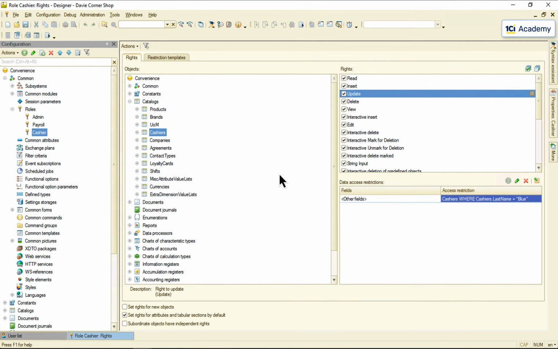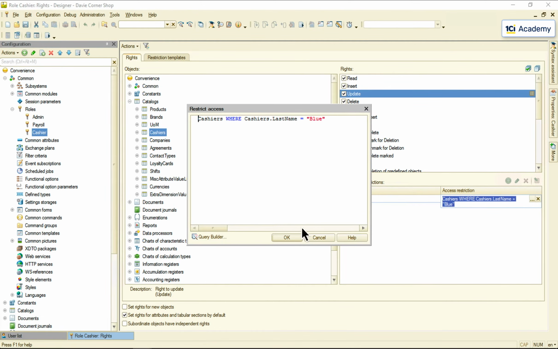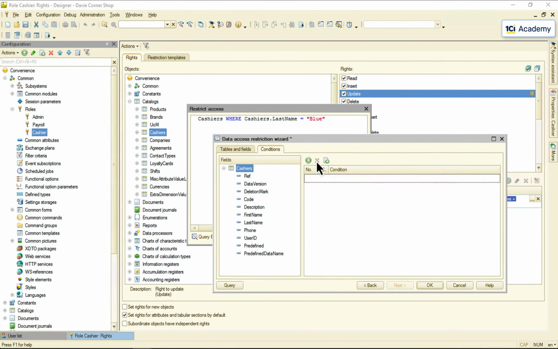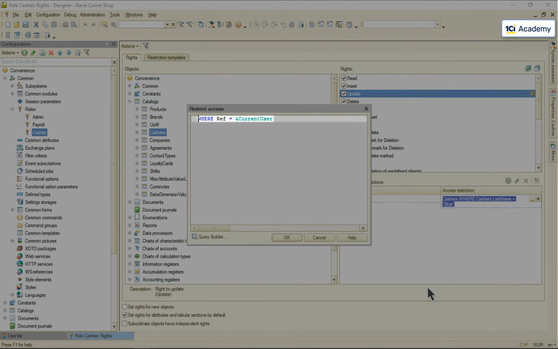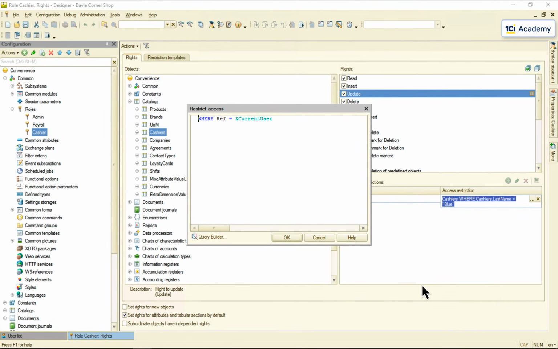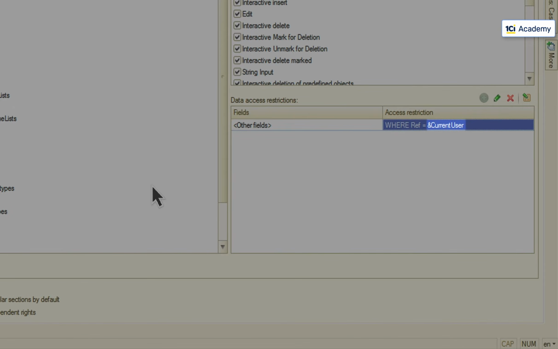Now, let's get back here and write the actual condition we need, when we need to make sure that a user can edit the only record, one belonging to him or her. This is the way to go. Of course, we cannot use anything but the catalog item reference to identify the only record we allow to edit, the one with the specific reference value, which immediately raises a question: how to set this parameter value?